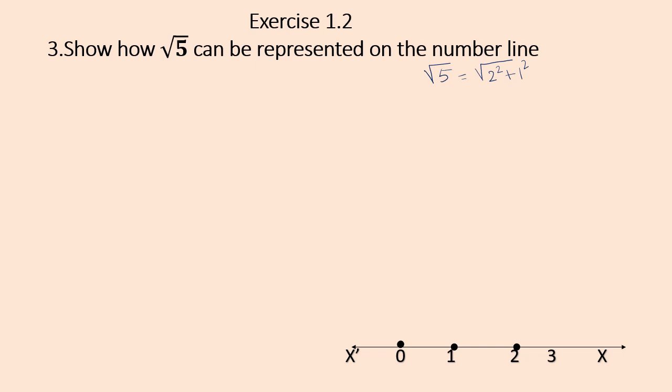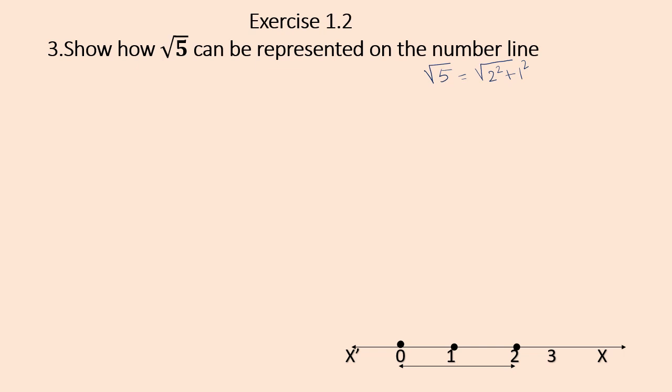Instead of taking the 1 centimeter distance, you take 1 unit. You can take the 1 unit as 2 centimeter or 3 centimeter. Then the constructed figure will be of enough size. So it is better you take 1 unit equal to 2 centimeter. That is the gap in between 0 and 1, that is of 2 centimeter, 1 to 2, that is of 2 centimeter, and so on.